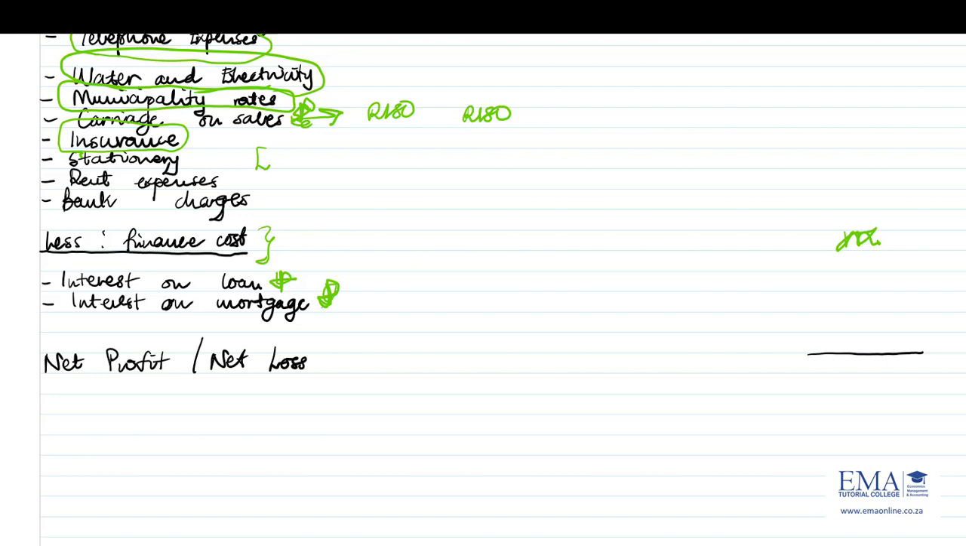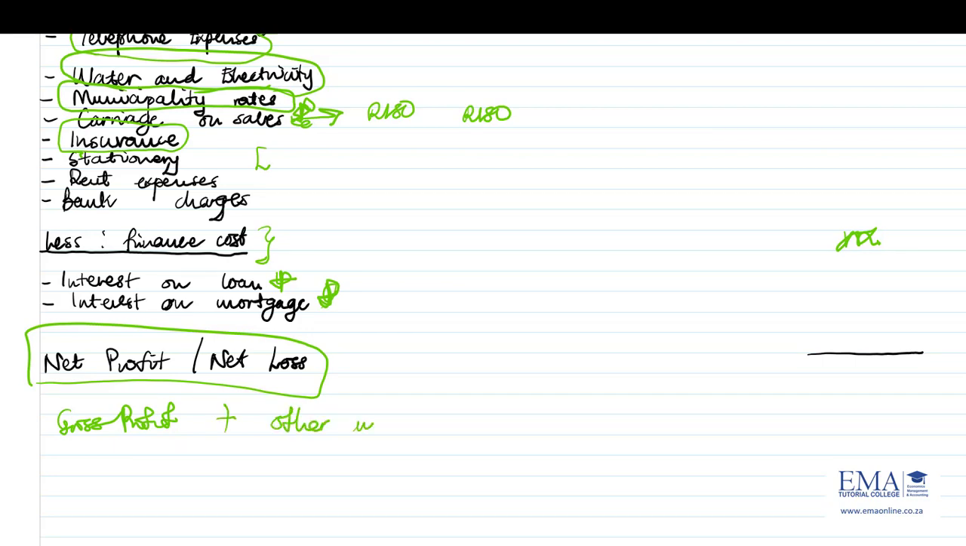After that, you get your net profit or loss. So under net profit or loss, you're saying it's your gross profit plus other income, less expenses, less finance cost. This gives you your net profit. All right. So now we'll do an example which is October, November 2018, and then we look at